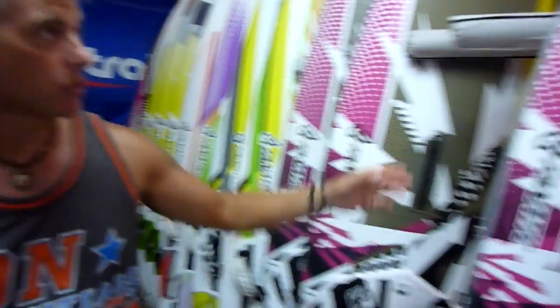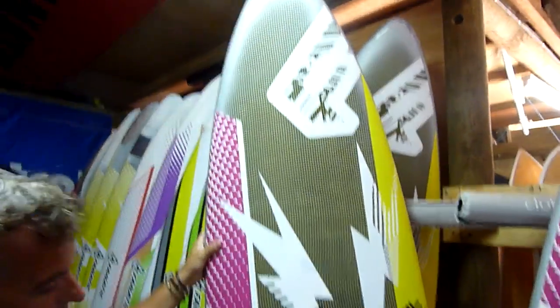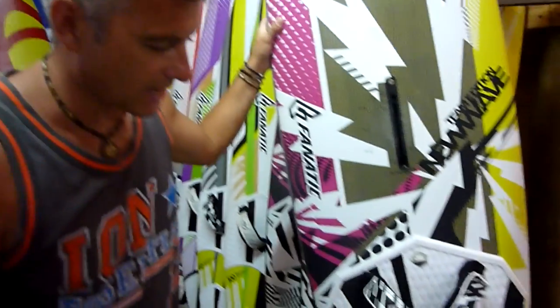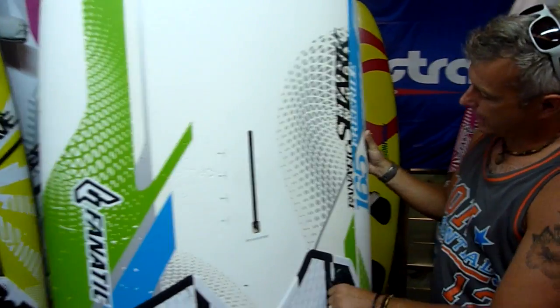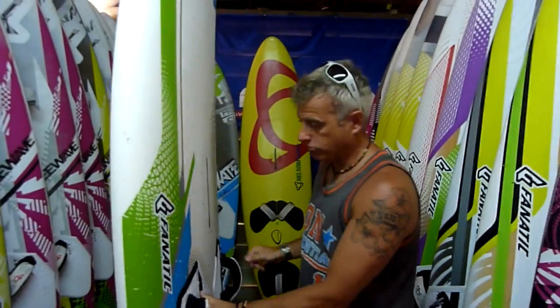Condition is extremely good. We take a board here. In every centre you're going to have the odd repair on the front, but other than that, it's a TE. Foot straps are in good condition, and again, they keep their equipment well up to date. One thing just to take note of is obviously the bigger boards they have. This is a Fanatic Shark 165, so it's about the biggest freeride board they'll have. Because of the reef, like I said,